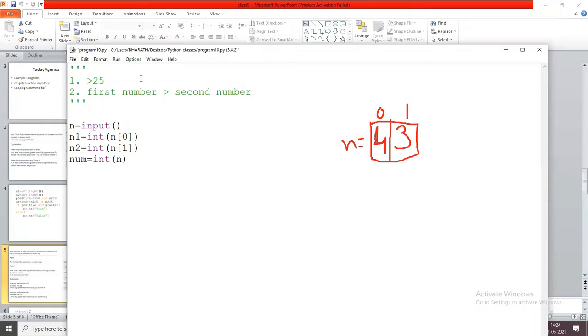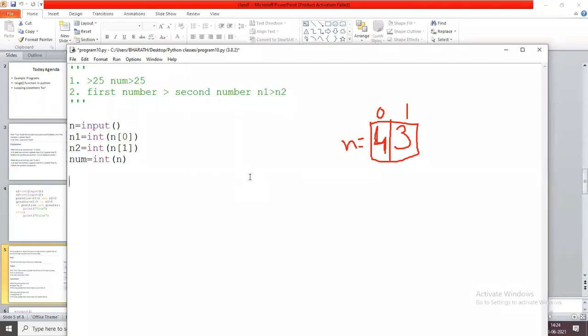How can we check that it is greater than 25? num greater than 25. How can we check that the first number is greater than the second? N1 greater than N2. These are the two conditions, combined with the AND operation.